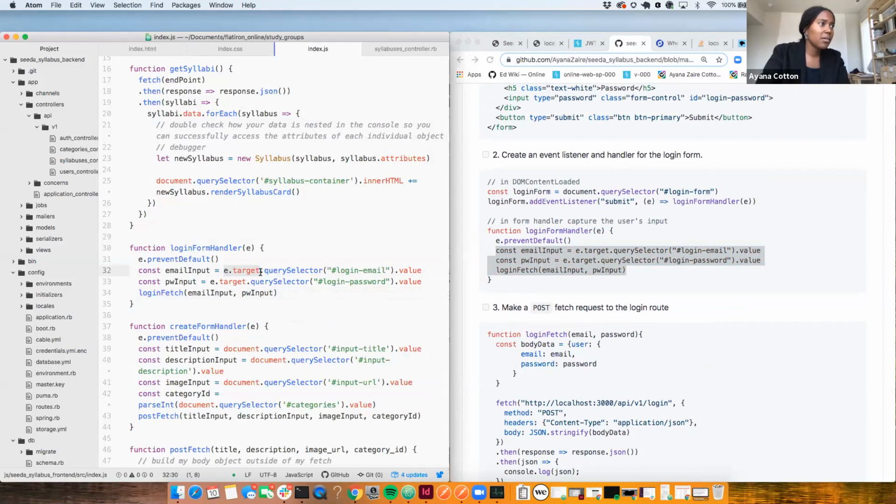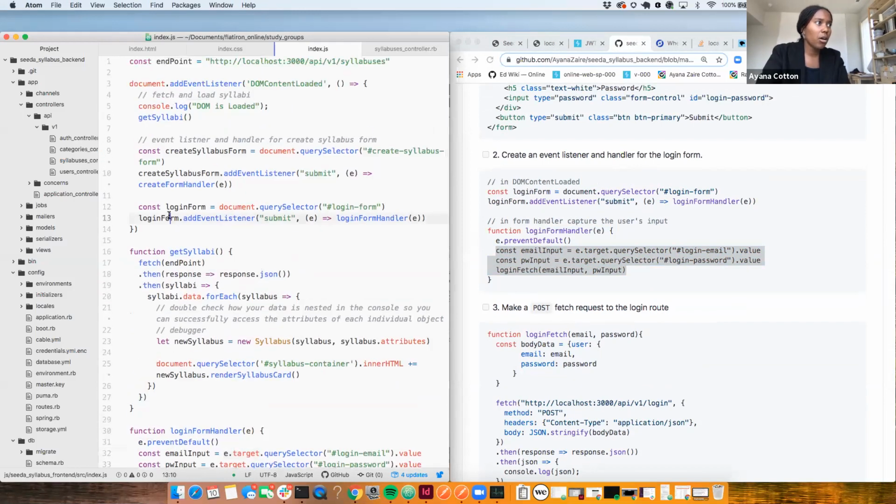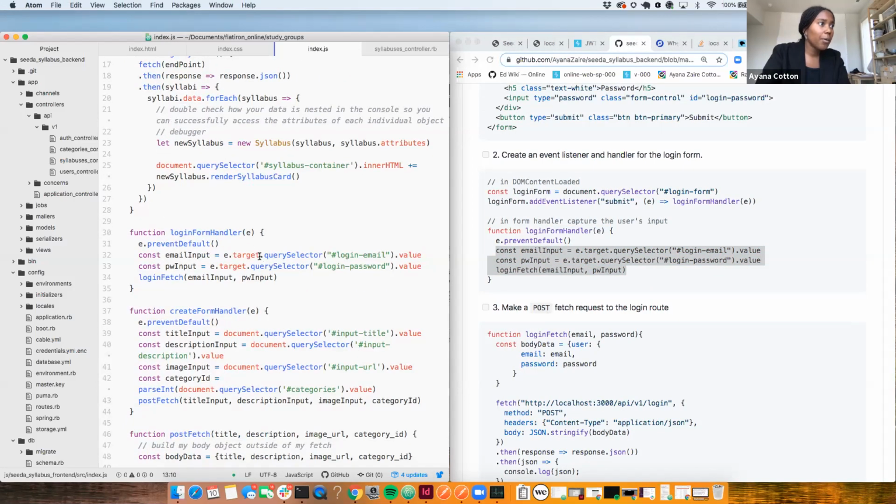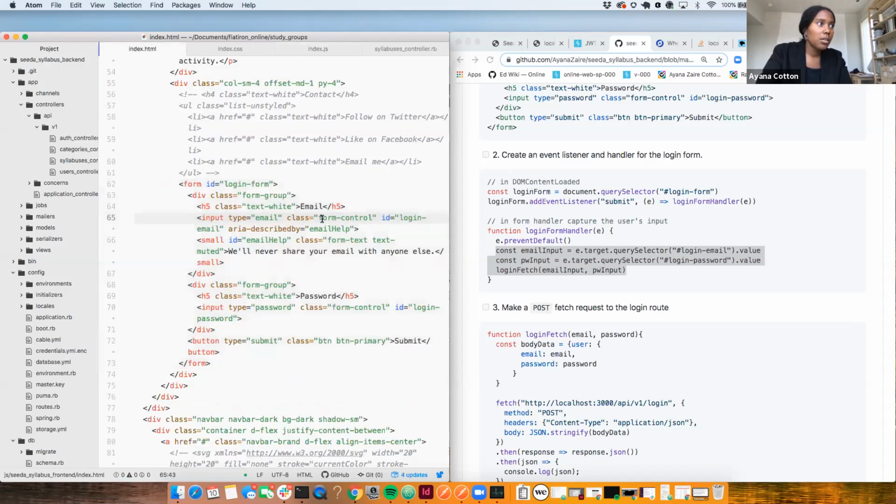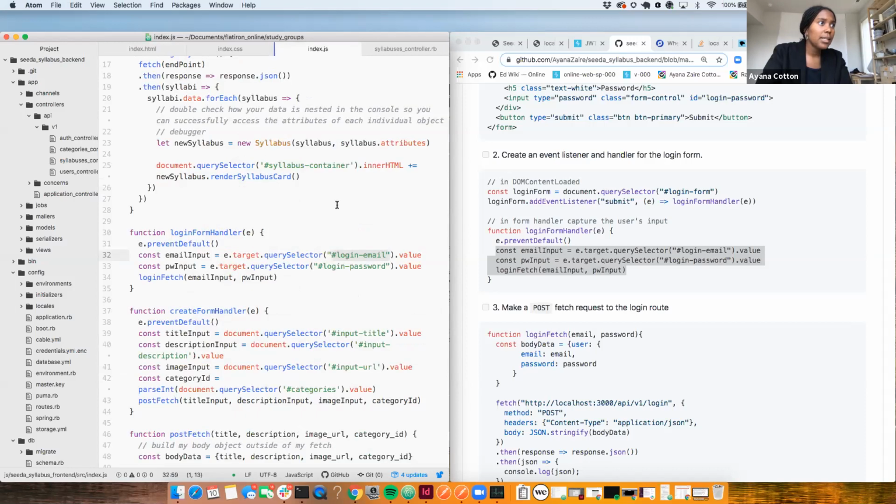In my case, because I'm listening for the login form, my target is the form. I am then chaining a query selector onto my form to look for the login email input, which is right here, right? ID login email. Same thing for password. I'm grabbing those values and then I'm invoking another function called login fetch here,